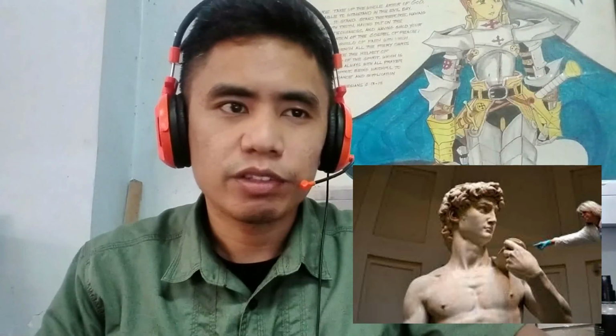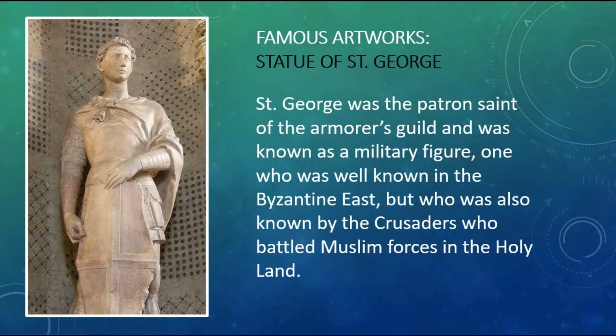Here is another David by Donato Bardi or Donatello. So, magkaibang-magkaiba ito sa gawa ni Michelangelo na David din ang pangalan ng sculpture. But the difference is, the David by Michelangelo is made out of marble and mas malaki ito. And if you compare it to the David sculpture by Donatello Bardi or Donato, this is only small, but is made out of bronze.